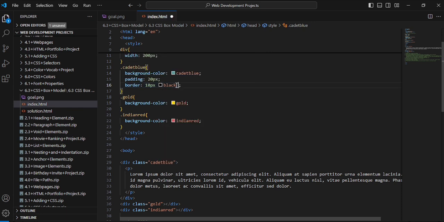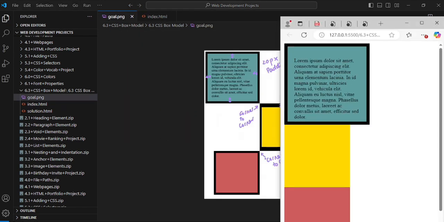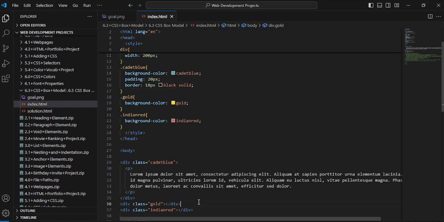In CSS, styling is important in making the work look attractive. So we are going to use solid. So you see, we have achieved the main goal for the first div, which is this, and we are onto this to achieve this. Now let's go into it. So the next one, it says